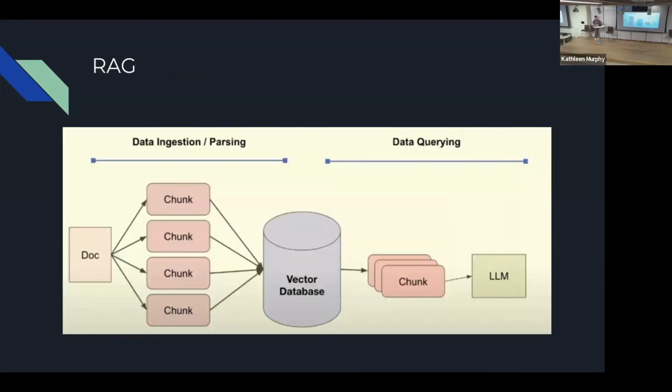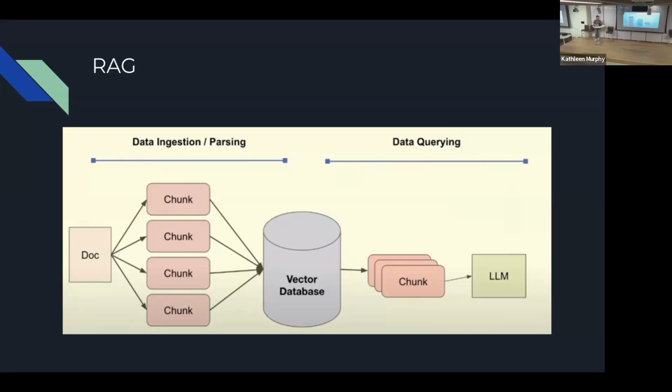So now we talk about the agents, because today's topic is agentic RAG, right? Now let me remind everybody, I'm not sure if you know or not, what RAG is. RAG is retrieval augmented generation. It's very simple. You have a doc, and it has a data ingestion part and also a data query part.